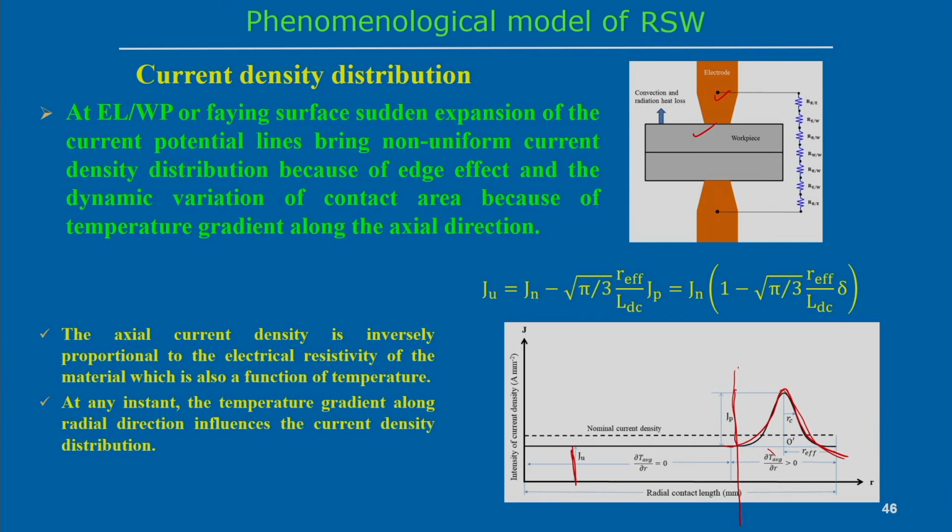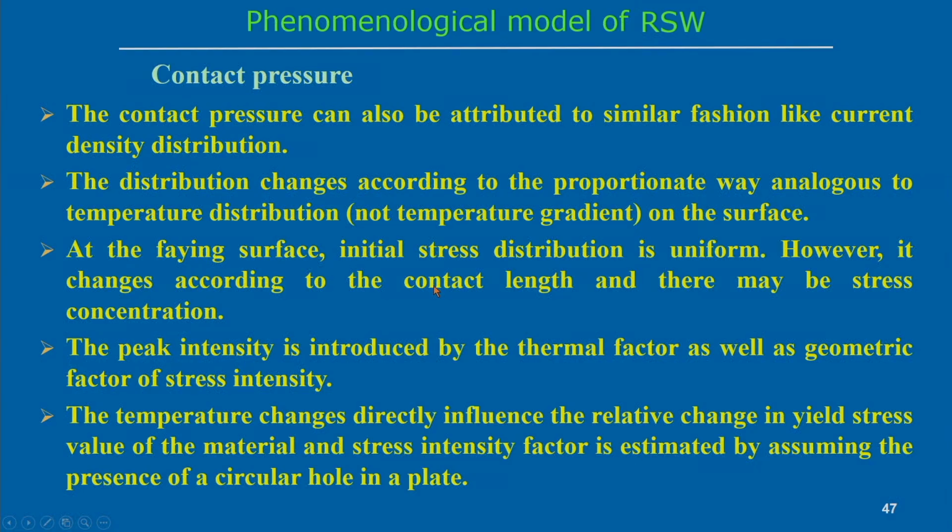So, basically, if we take the information of the temperature distribution, we can look at the temperature gradient, and from the temperature gradient we can make a strategy for what the current density distribution may be at different points. So, this is the intensity of current density distribution. Here it is uniform and here is the variation. All this kind of information we can find out if we assume this distribution follows this particular pattern. So, this is a simple analytical way we can estimate the current density distribution during this resistance spot-drilling process.